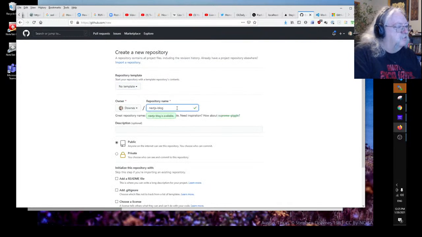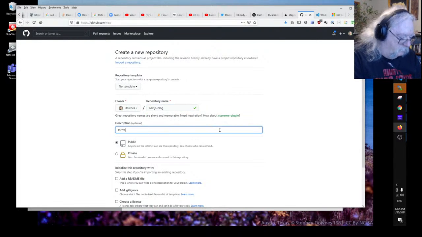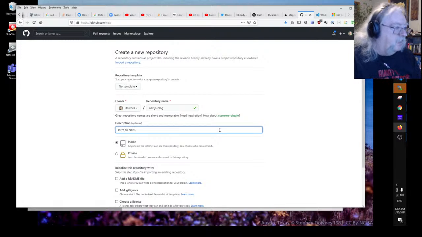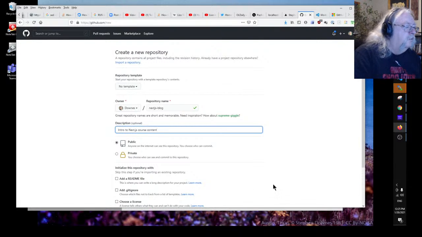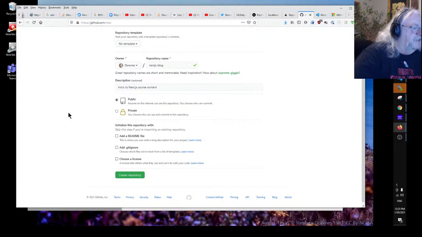Repository name, description, Next.js course content. Sure, we'll make it public. I think you have to have an account to make it private. Initialize this repository with,